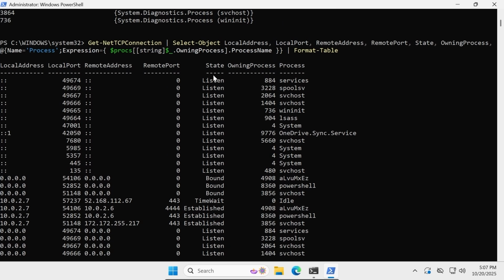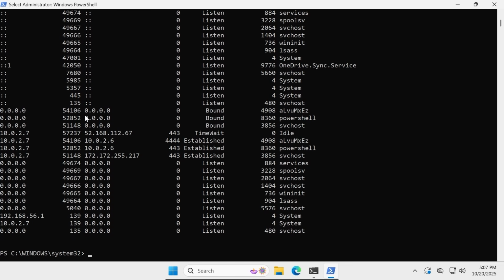Excellent, there we go. We're getting a very similar output here, but we now have this additional process field. We can see all the different process names as they relate to the different connections. And so if we look at the established connections here, and we're skipping ahead a bit, we can see a strange random process name here connecting to a remote endpoint, 10.0.2.6, over port 4444. As another example here, we can see the PowerShell process is making an established connection to that same IP address on port 443. We can also see a service host process here making an outbound connection over port 443 onto this